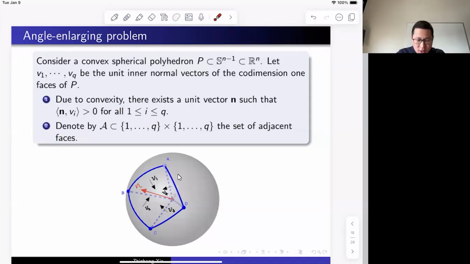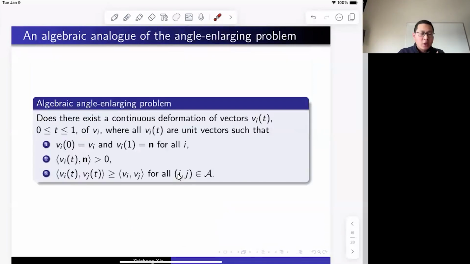So now let's translate this geometric problem into the following algebraic problem. In other words, the algebraic angle enlargement problem is the following. I have a set of unit vectors, and I have specified a set of adjacent vectors. And then for this set of vectors, can you continuously deform this set of vectors so that